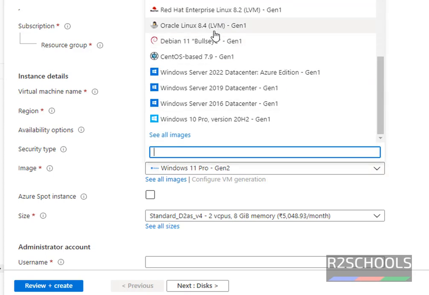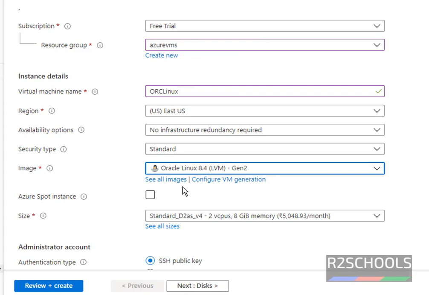See, we have Oracle Linux 8.4 LVM Gen 1. Select it. But if you want to go for Oracle Linux older versions, click on this see all images.